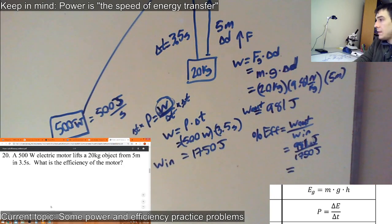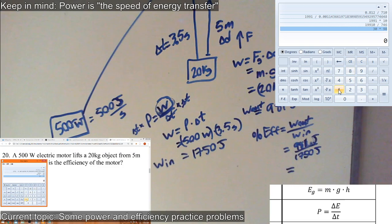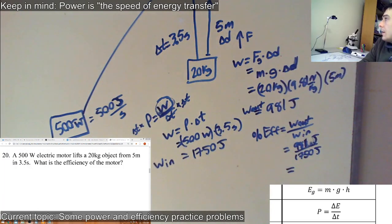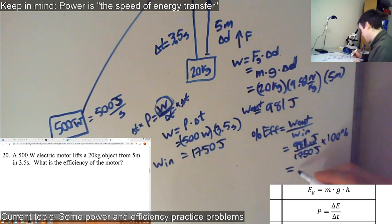Let's pull up the old calculator and calculate that. So calculator. Let's have a look. 981 divide by 1750, 0.56. 0.56 is what I get. So take away the calculator, and 0.56, so times 100%. So that's 0.56 times 100. So it's 56%